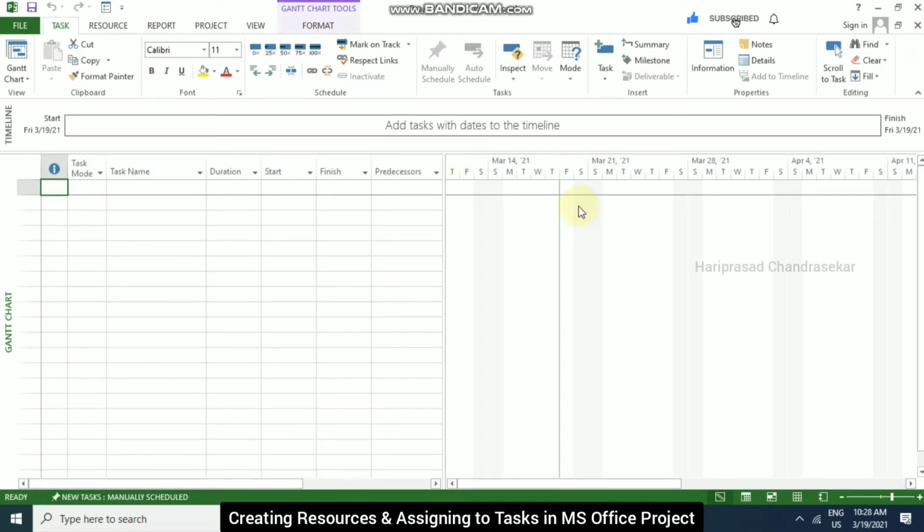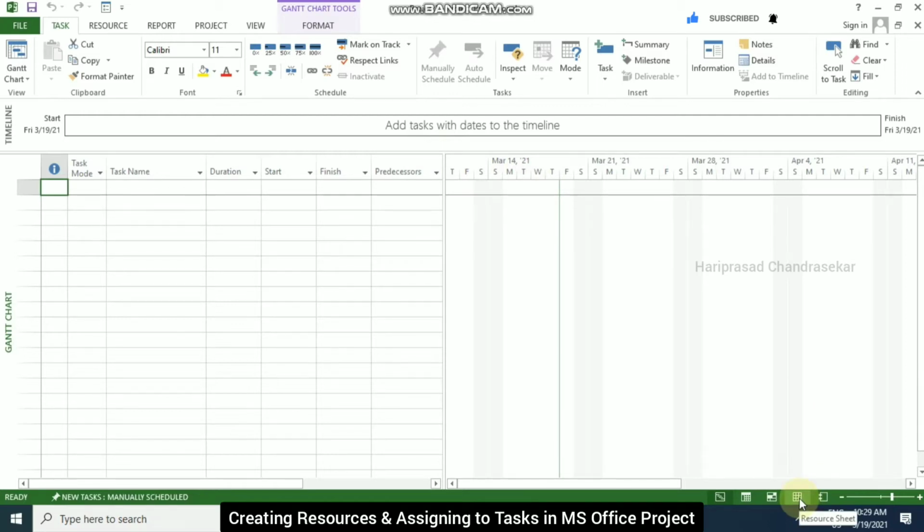So now we will see resources. Resources are directly linked to the project, and they lead to budgets and costs and everything, right? Based on the resources, we also get some cost in our project, and this is important for any project. So we have some types of resources that we will see.